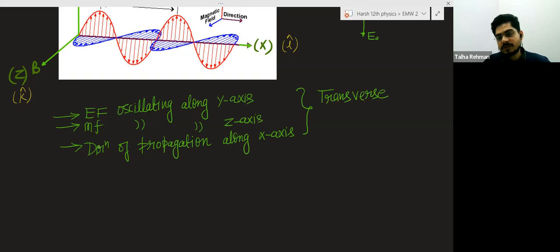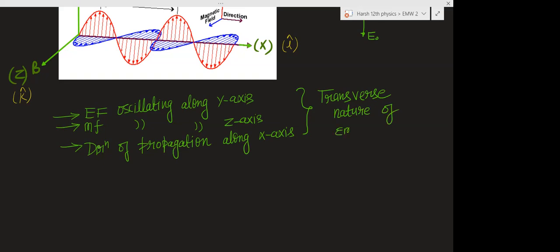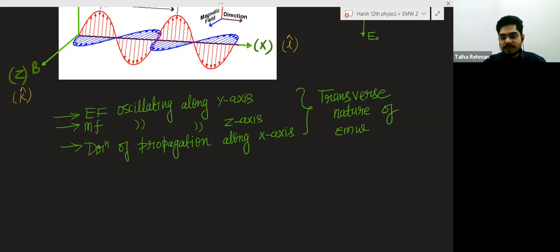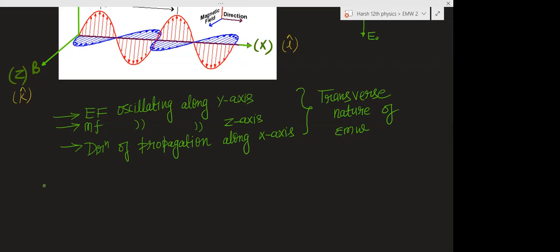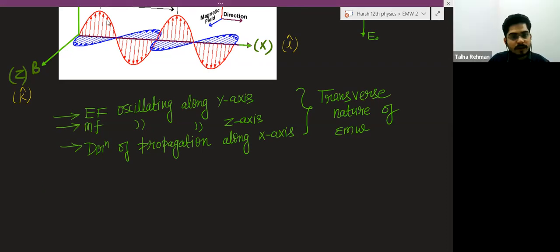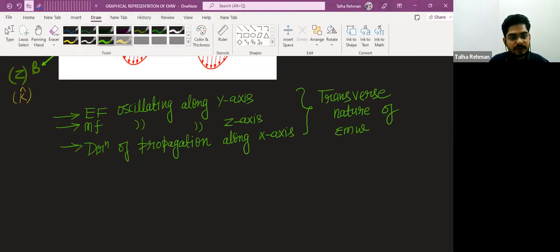Transverse nature of electromagnetic waves. Transverse means when the direction of the propagation and the direction of the oscillation become perpendicular, that wave has the transverse nature. Yes, sir. And one more point here, you have to remember that